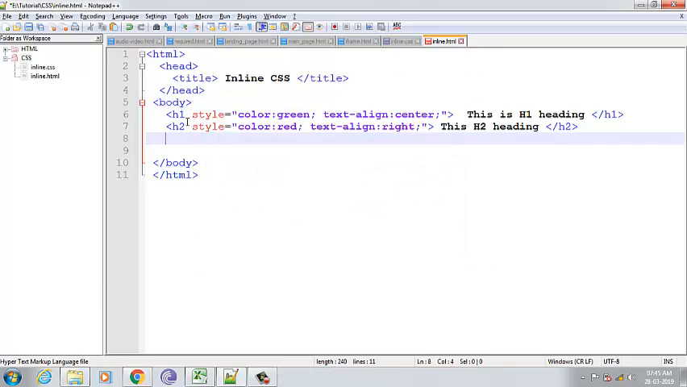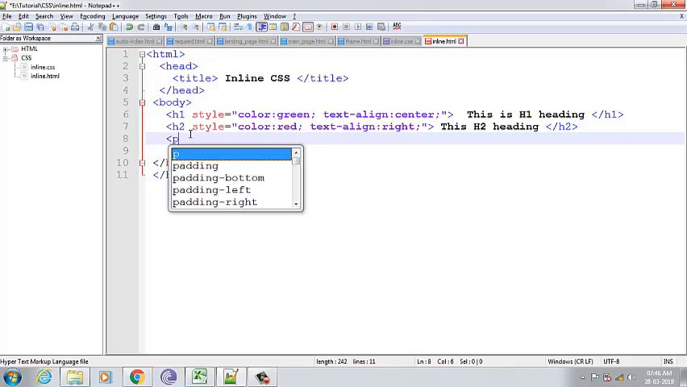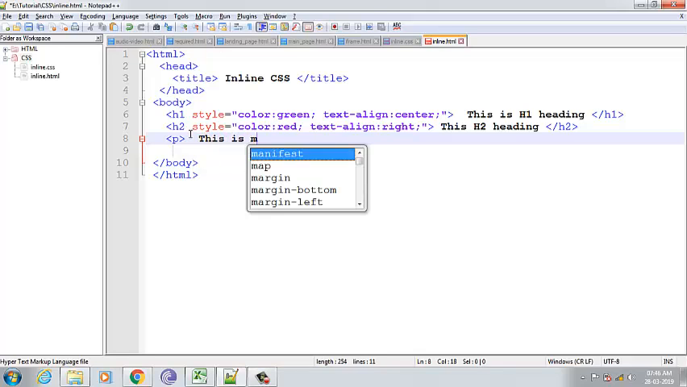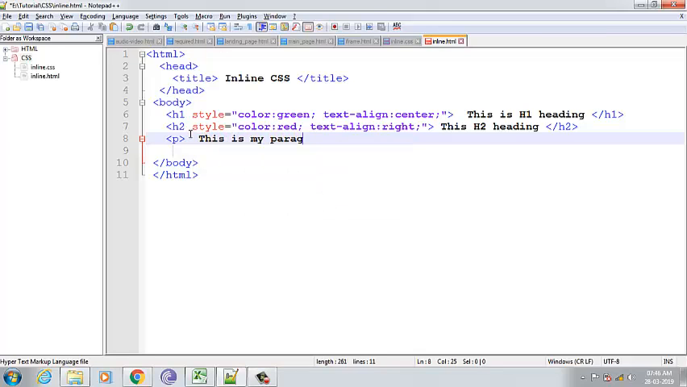You have seen here that I have added the styles in the heading tags. From H1 to H6 we have various heading tags. Apart from the heading tags, I can apply it in a P tag also. Suppose this is my paragraph, and I'll close the paragraph. Fine. Now in this I can give some style effect. Style is equal to